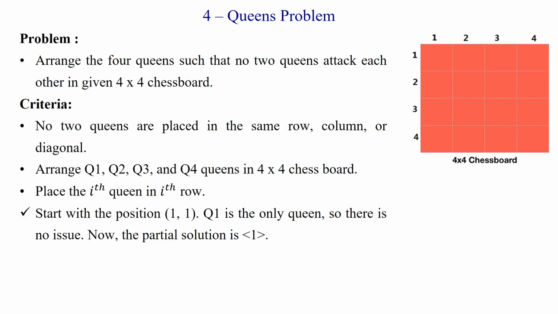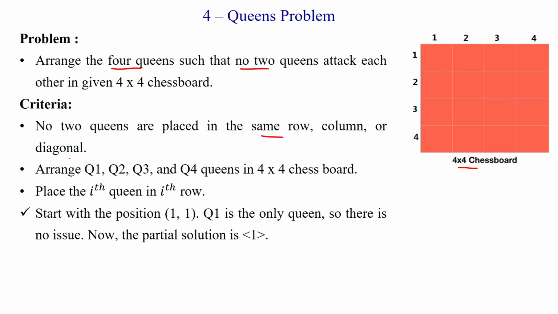Hi everyone. The four queens problem: here we have to arrange four queens in the 4 by 4 chessboard with the criteria that no two queens attack each other. The criteria is that, without attacking each other, we have to place the queens in different rows and different columns